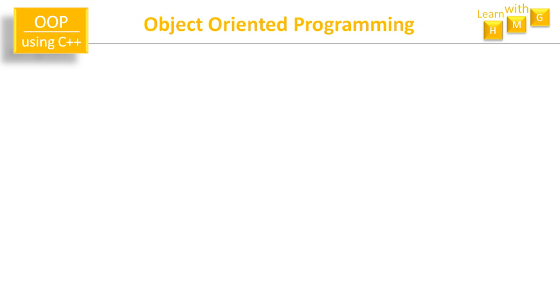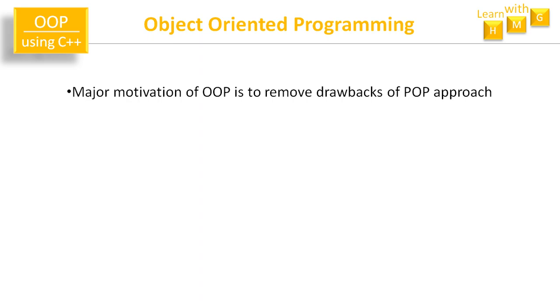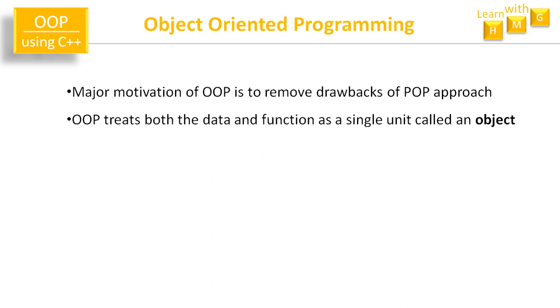Now let us understand the second concept, that is object-oriented programming. We have seen there are certain drawbacks in the previous paradigm, that is POP, procedure-oriented programming, and the new programming approach is OOP. Obviously, whenever a new approach comes, it is always focusing on removing the drawbacks of the previous approach. So our previous approach is POP, and the major motivation of OOP is to remove the drawbacks of this POP approach. OOP treats both data and functions